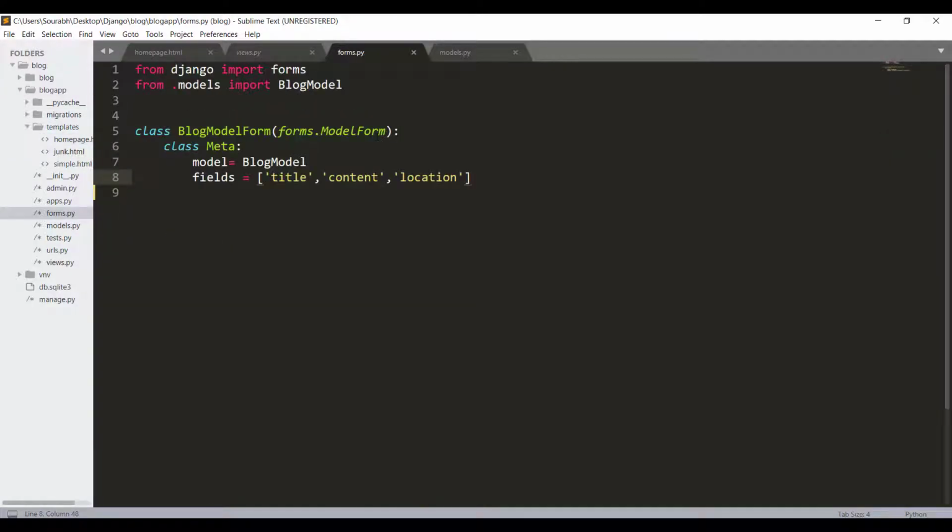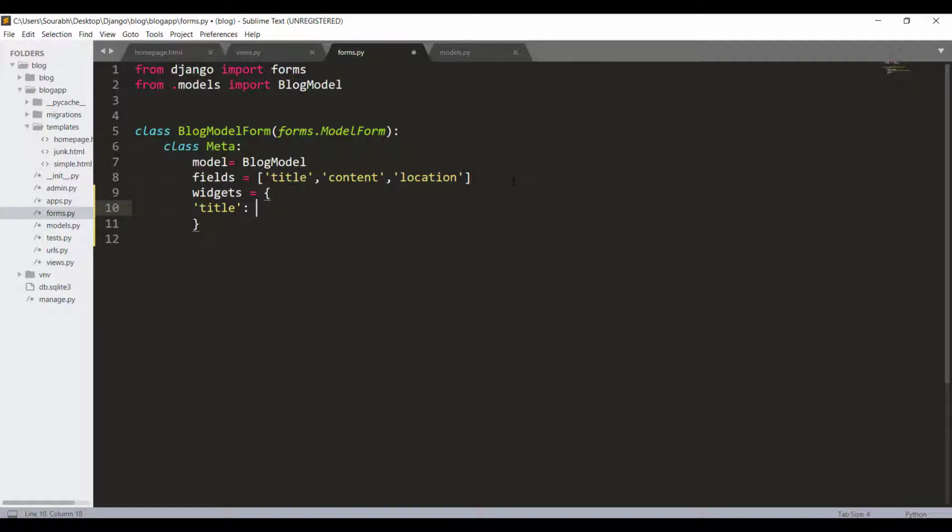In the forms.py file we have to specify a variable named widgets, which will be a dictionary of the fields that we want to modify, or the fields that we want to bootstrapify.